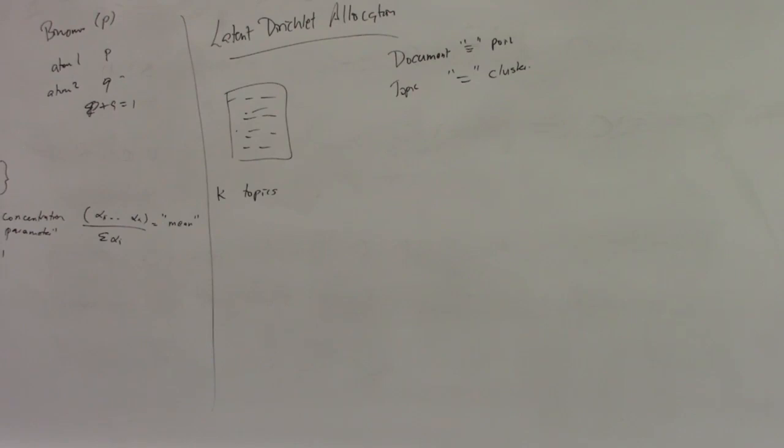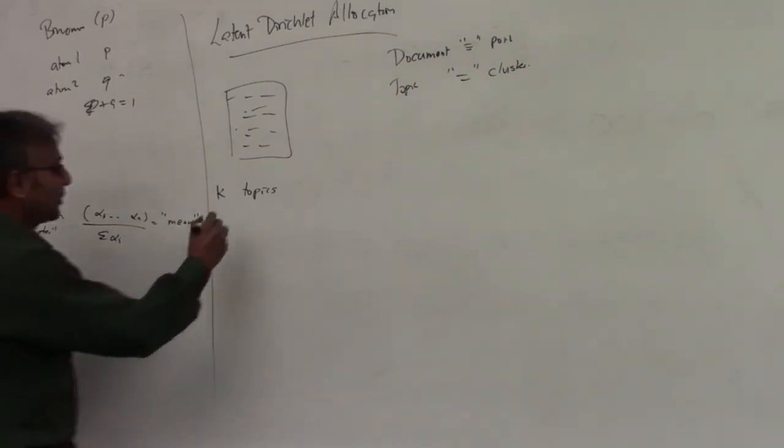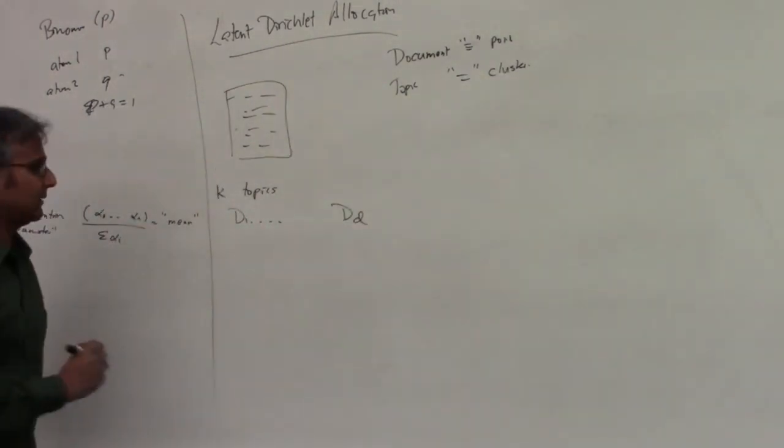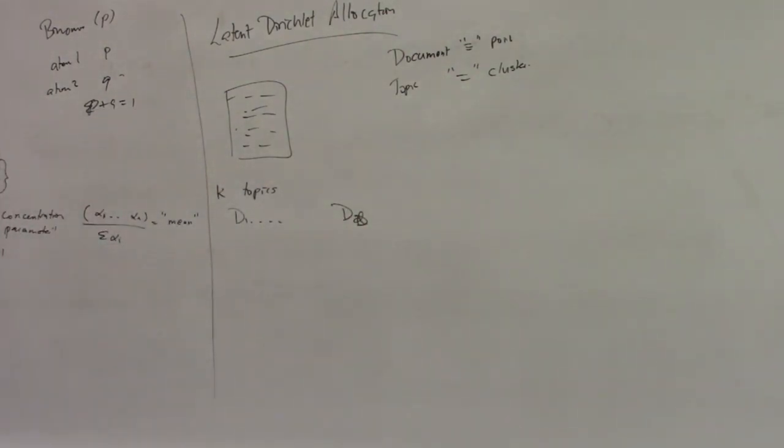So remember that in our mixture of Gaussians, we said select a topic first, and then generate a point from that topic. That's how we thought about generating points on the Gaussian. That's kind of what we want to do here. So imagine that we have a series of documents. So we're going to have documents D1 up to capital D. These are documents that are being generated by some process.